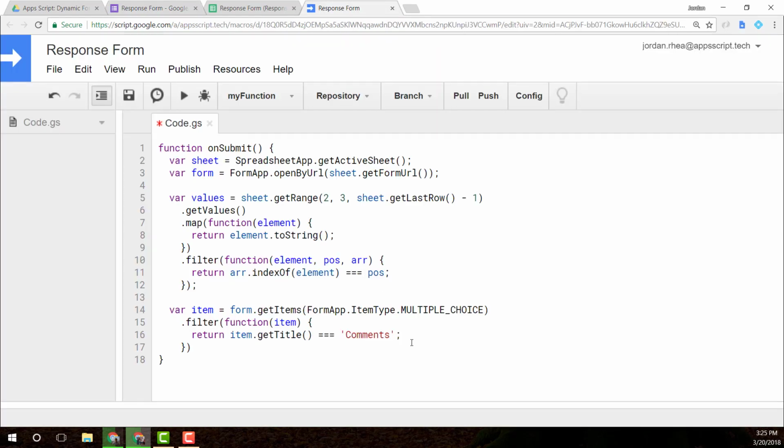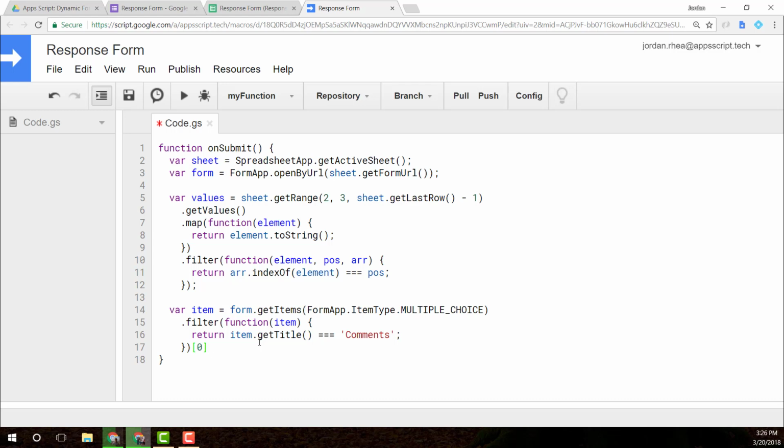Now you could do any number of things. Take a look at the API documentation to see some of the other methods you can use to filter your items. But we know the title of it. We're just going to say comments, and that will give us